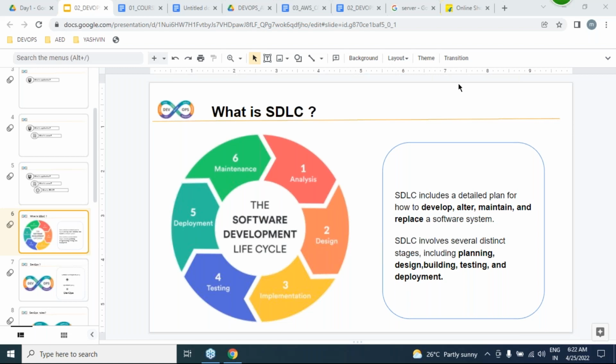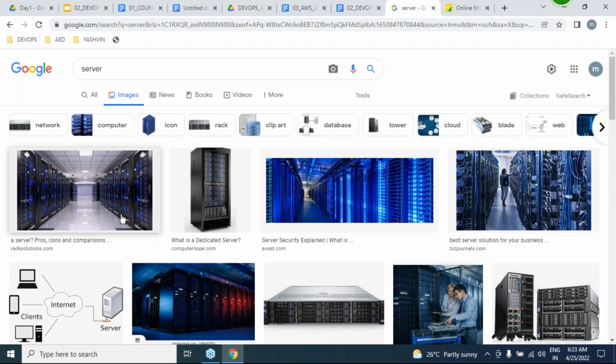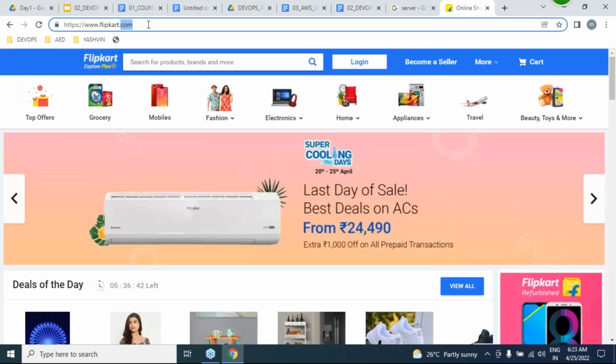What is SDLC? First, software development lifecycle. With the help of SDLC, we can produce working software, and we place it on production servers. Then there itself we access it as a website.